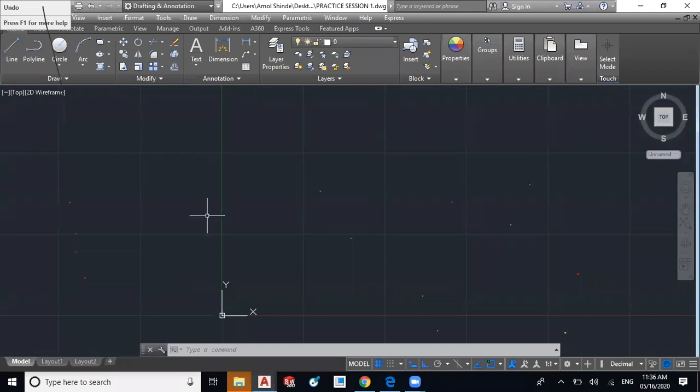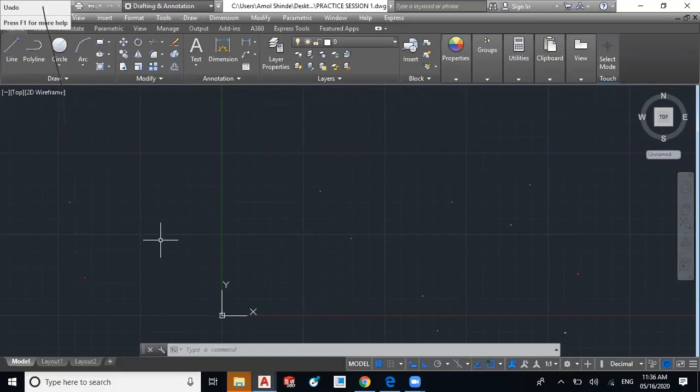Initially it maybe looks difficult to use this software, but whenever you practice, it will look like simple sketching software. Or like what we draw with a pencil, you will feel like that. Just initially it looks a little bit difficult to use.